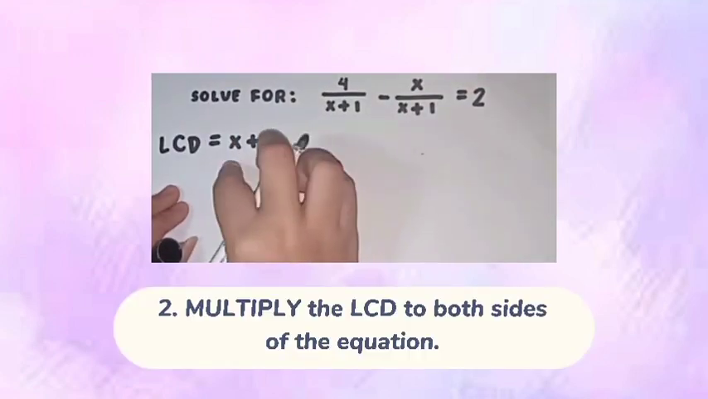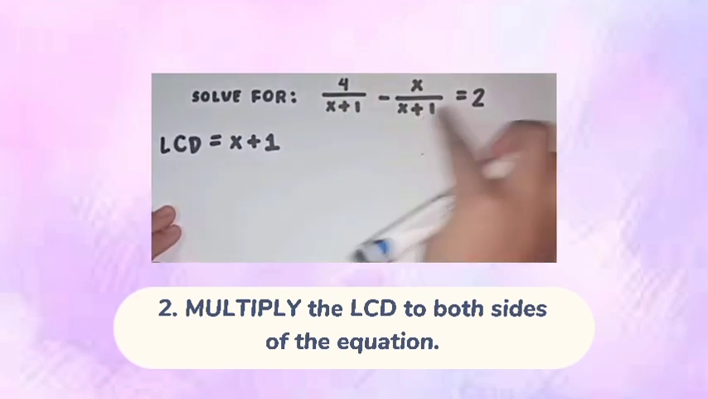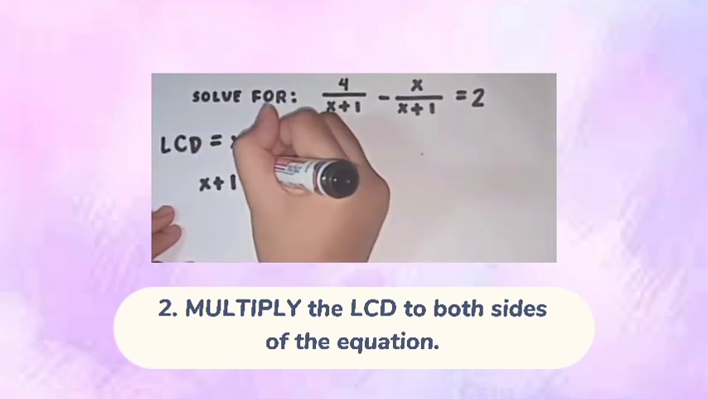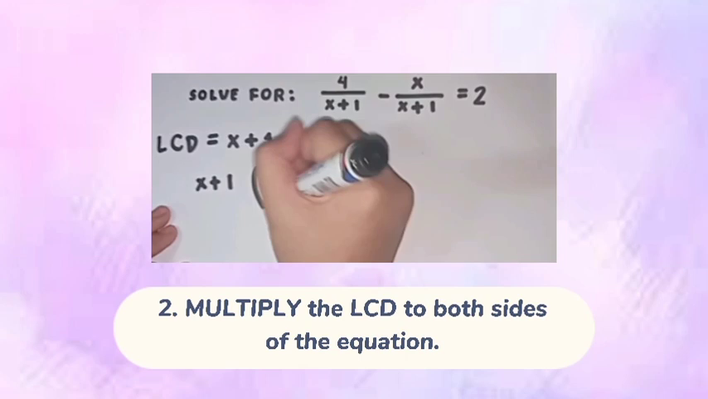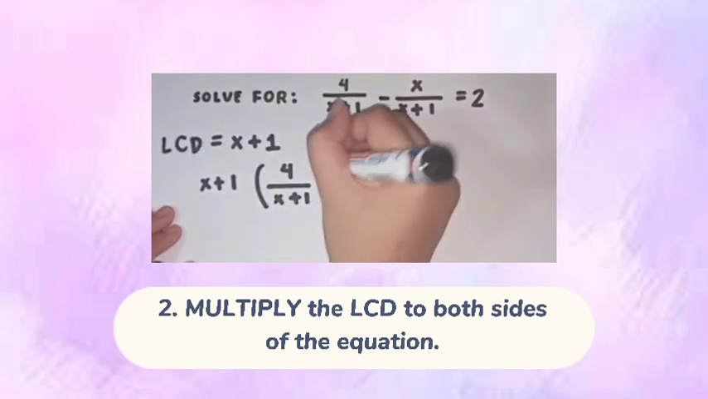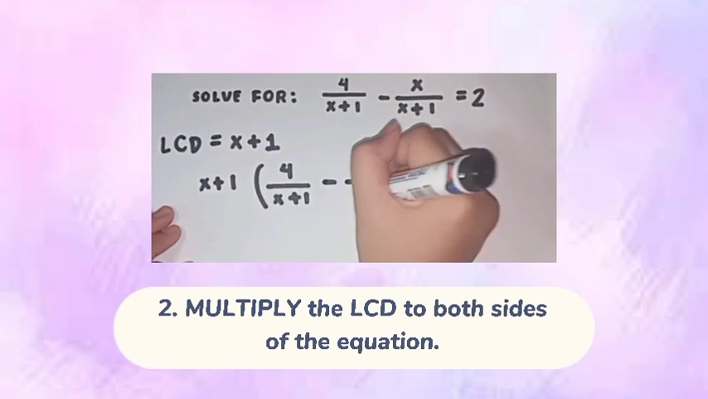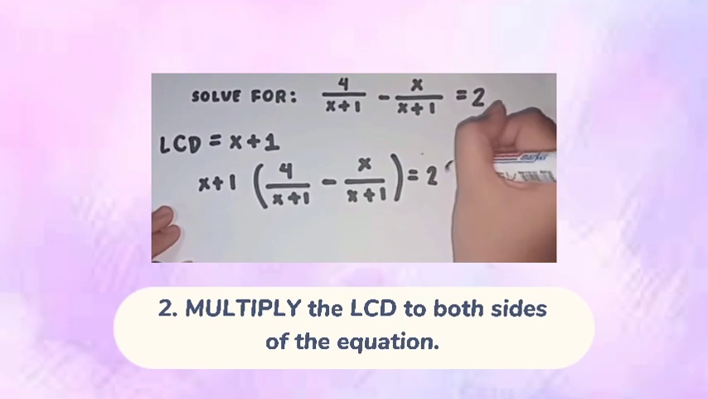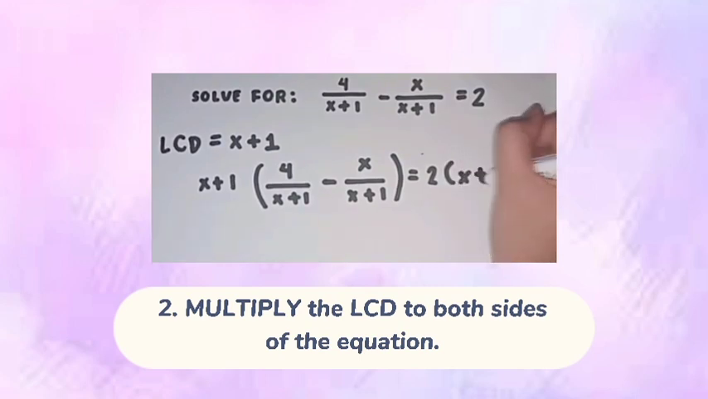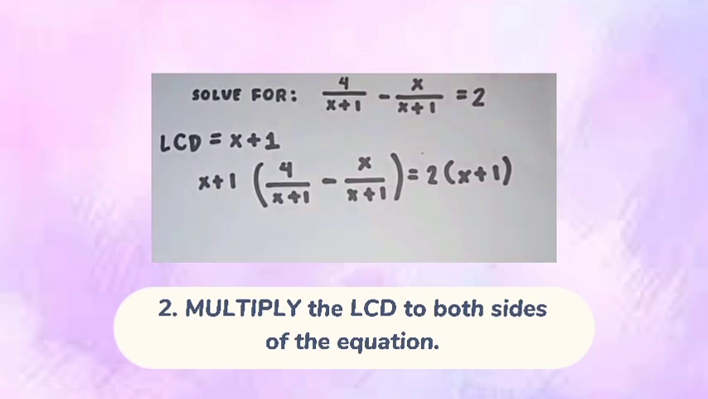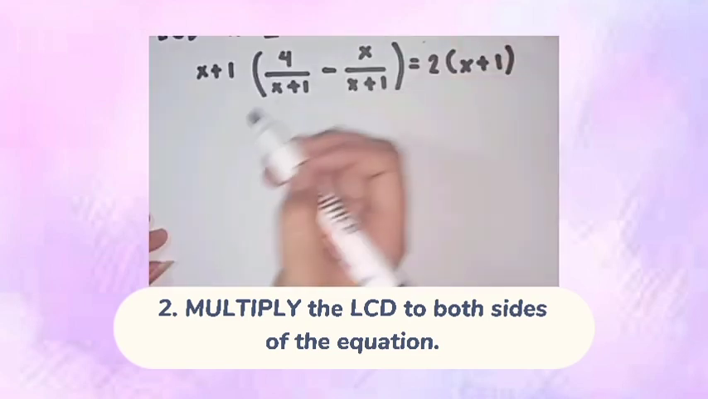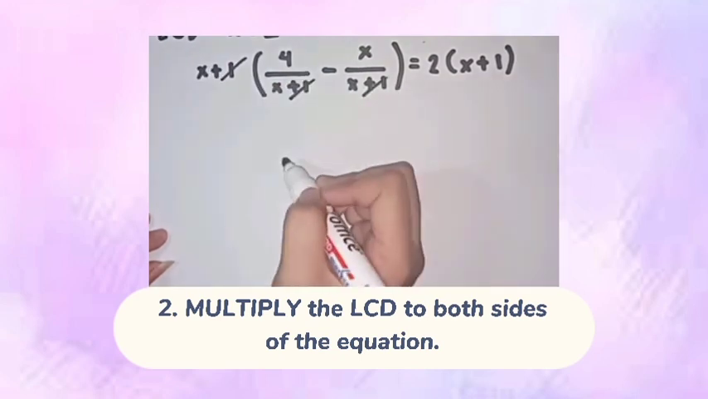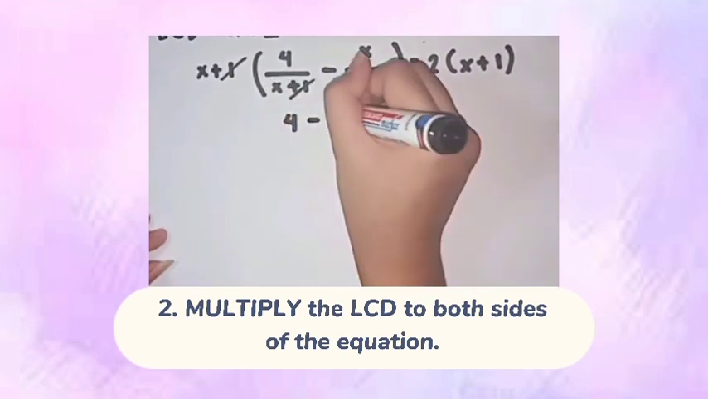Next, we are going to multiply the LCD to both sides of the equation. X plus 1 times 4 over x plus 1 minus x over x plus 1 is equal to 2 times x plus 1. Since it is multiplication, we can simply cancel x plus 1 and this x plus 1 here. Thus, we have 4 minus x is equal to